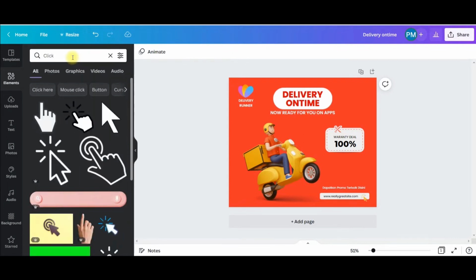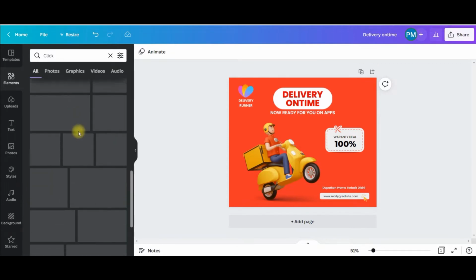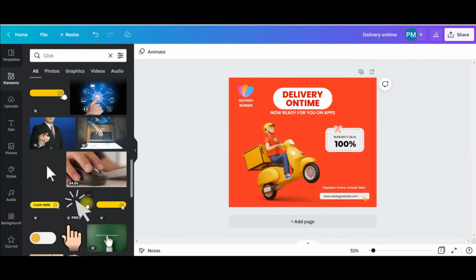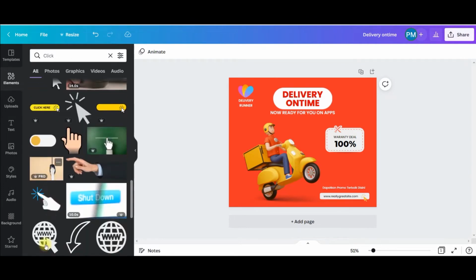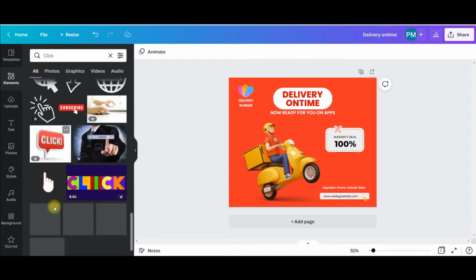You just need to know the right keyword in order to get a proper animated element, right? As soon as I type click, in the all option you will get all the possible options which are available here. So you see, this is a click which is an animated one, right? This one is very nice. I can take this one as well, right?